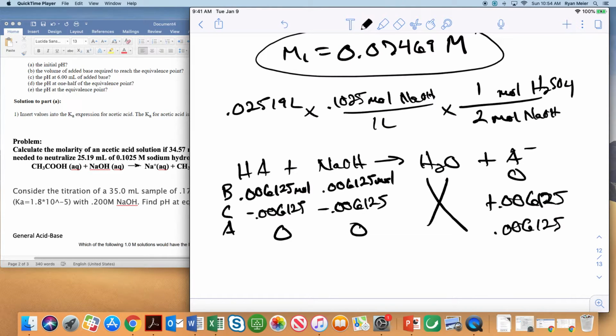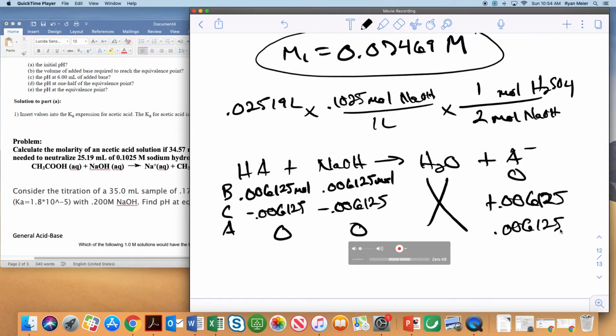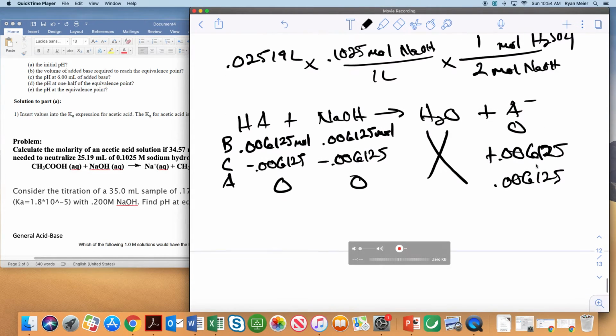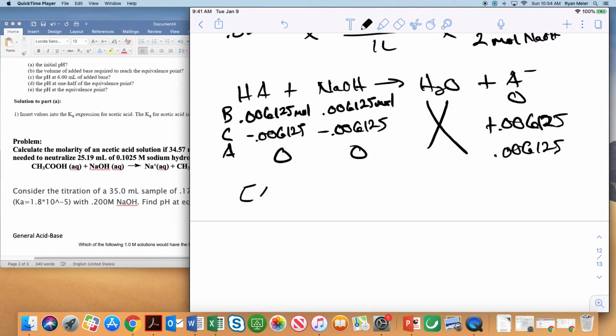So why is that important? Well, at this point, I have the moles of A-, and that's the only thing that's left. It's a weak acid problem now. To get that weak acid problem started, I will need an ice table, but I also need the concentration of A-, which I'm going to get by 0.006125 moles over my total volume at this point, which is going to be the volume of my acid, 0.0350,